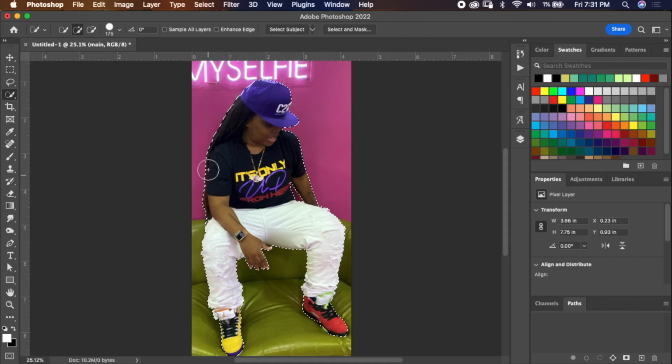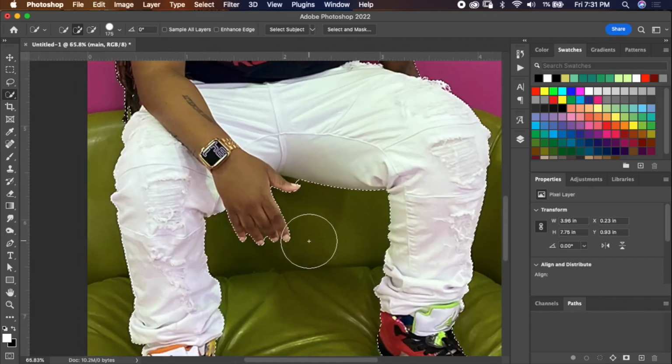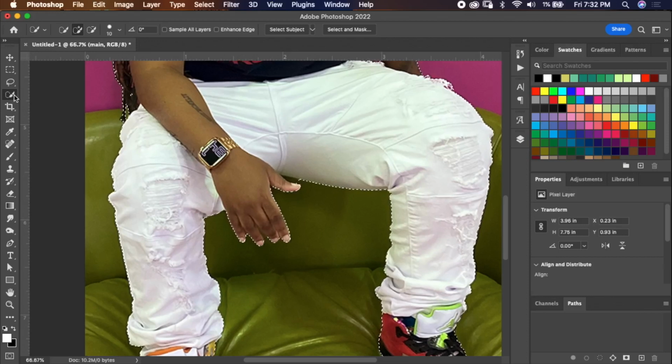And really, I only need this top part. So let's say I did want to get this little piece right here. What I did just now was zoom in with Command plus. You can zoom in with Command plus, zoom out with Command minus. All right, come back to the magic wand,